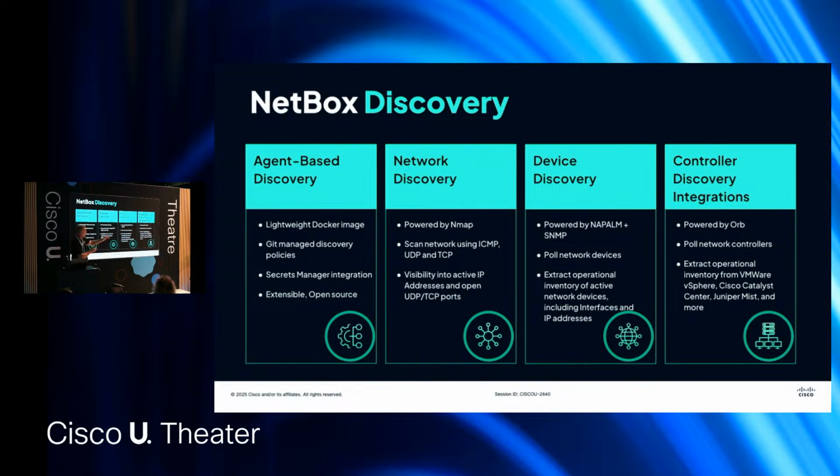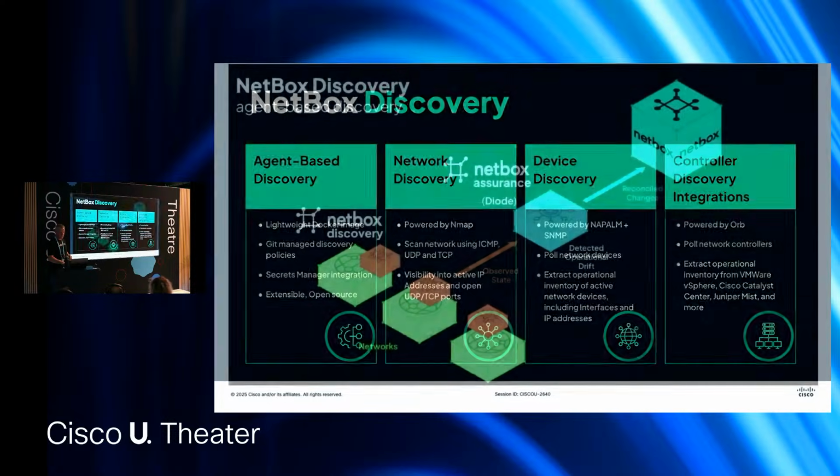And then at the far end here, we have the last category really of discovery, which is our controller integrations. Now, this is where the integrations for Cisco come into play. So we have Cisco Catalyst Center and Cisco Meraki, which I'm going to show you in a second, that are available. And so what we do with these integrations is the agent running as a Docker image talks to Catalyst Center or talks to the Meraki dashboard, and then ingests all of that network data, the devices and so on into NetBox for us.